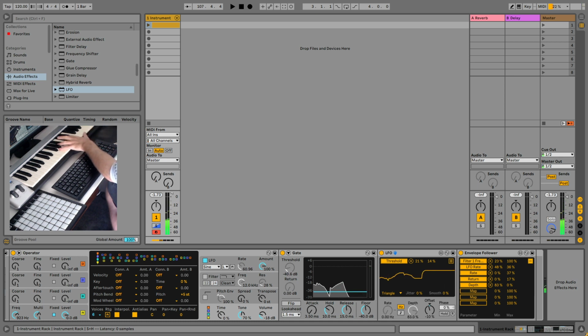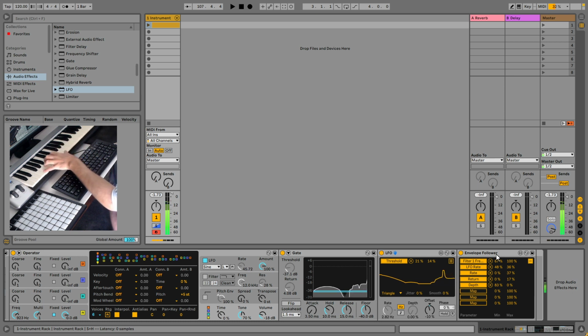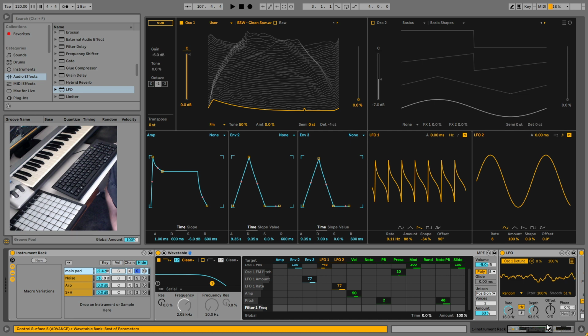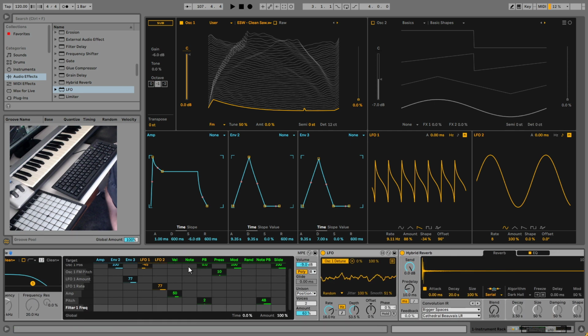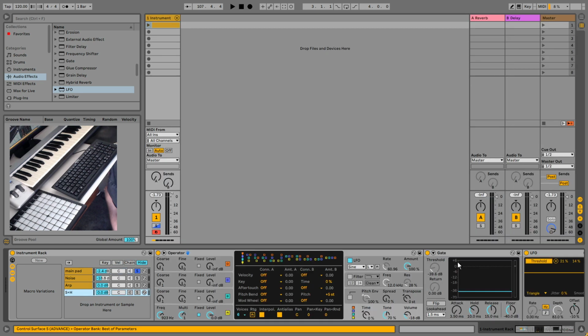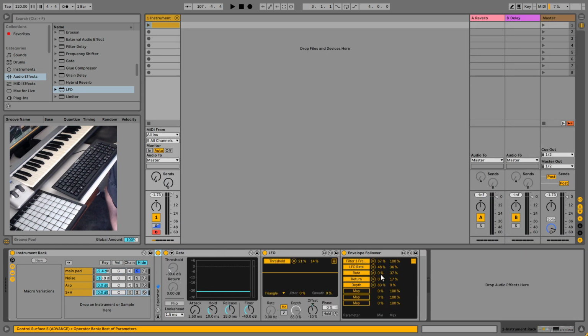Let's just bring the filter min up a little bit. Okay, so we've got an interesting shape here. It's not as epic as I was hoping, but let's try assigning it to a different sound. So rather than having it on the filter frequency,